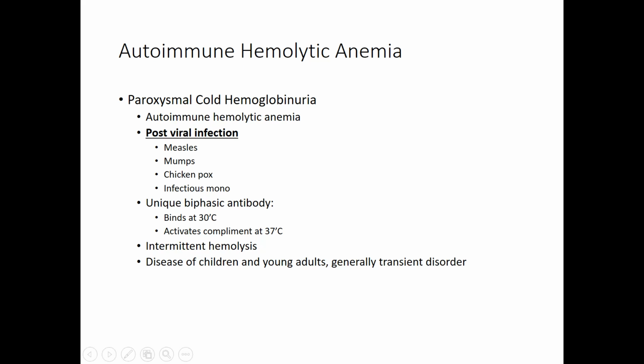Won't activate complement until you're at body temperature at 37. So it binds in the extremities, those cold places that we talked about before, but it activates complement at 37, biphasic. Because it tends to affect these kinds of viral infections, we see it mostly in children, young adults,